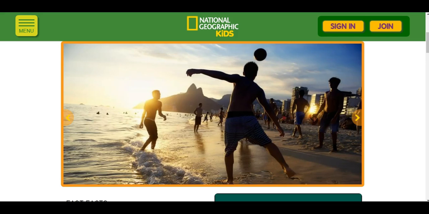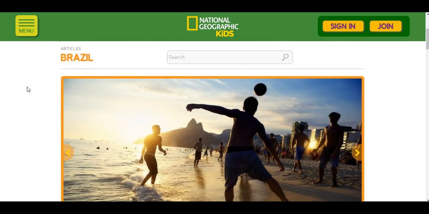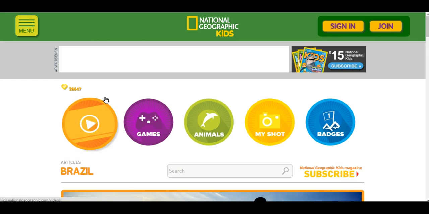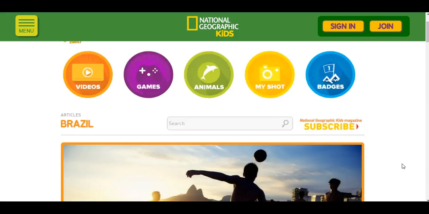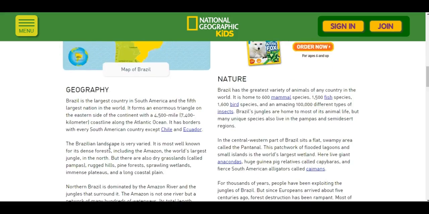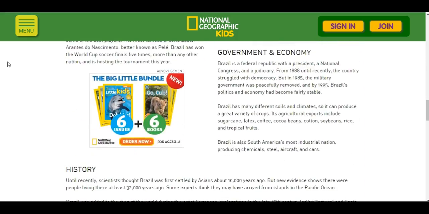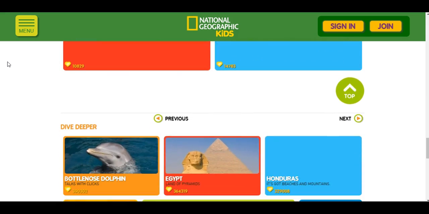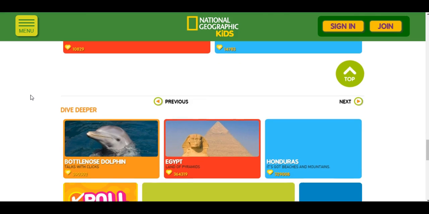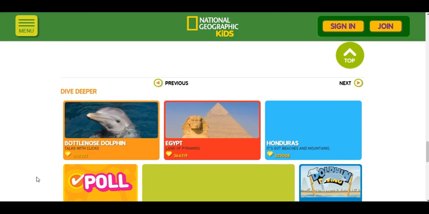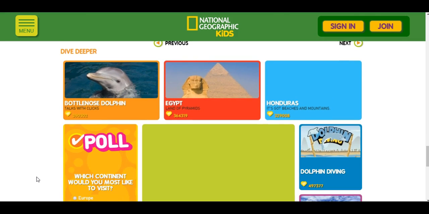Okay, guys, I found the second one. This is National Geographic Kids, which I just think is another great thing. There's games, badges, animals, short videos. I've never really checked much about this, but I definitely think you should look at this. This is the main one we looked at, so definitely check out both of these, and they're awesome. Look how many people liked this one. 390,000. It's really good.